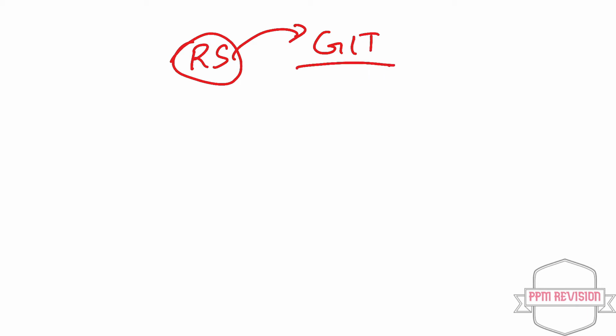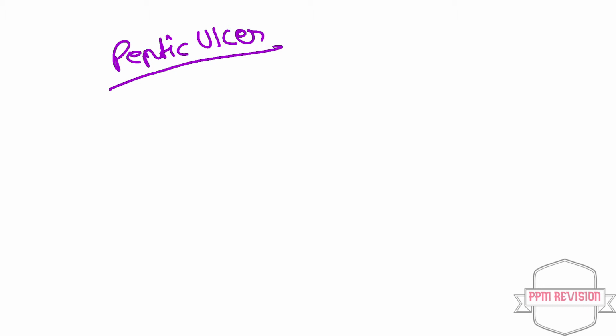Welcome back. So previous video we saw the respiratory system. Now from the respiratory we will be moving on to the GIT, that is the gastrointestinal tract, and here we'll be first covering the peptic ulcer drugs. Peptic ulcer. So in this peptic ulcer we need to know that there are categories such as